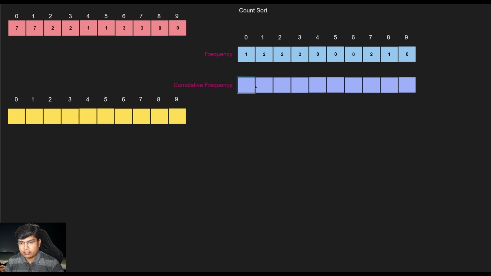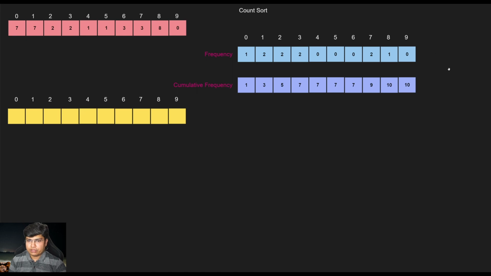Now let's build the cumulative frequency counter. Let's start from the first element. We have 1, so it remains 1, and we just add the current frequency to the previous element. It becomes 3, 5, 7, remains 7, 7, 7, 9, 10, and